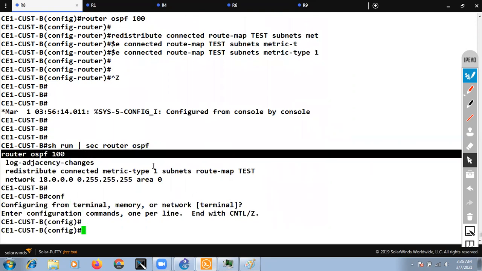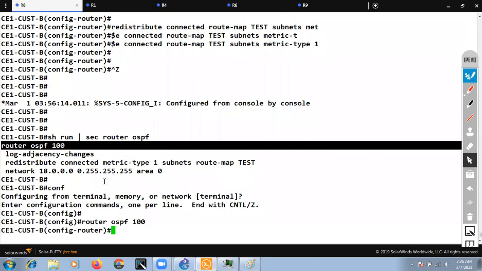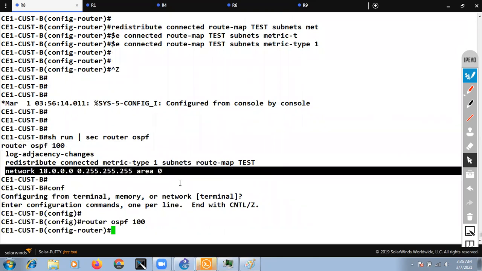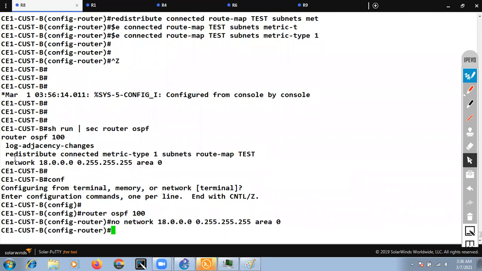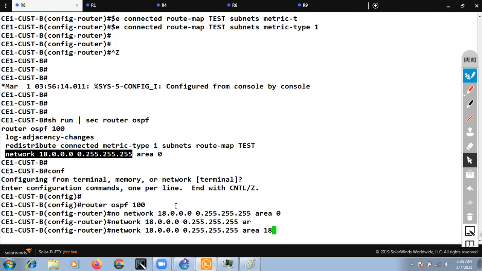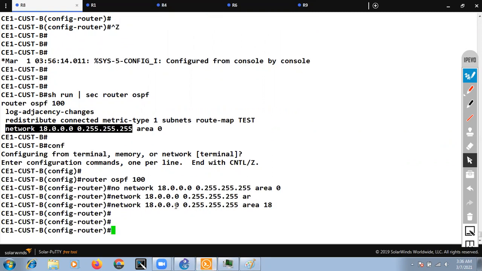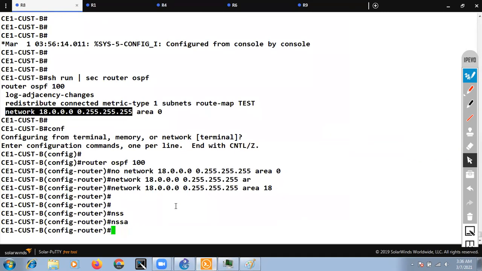So we'll do a router OSPF 100. We'll remove it, and we will make the area ID area 18, and what else we need to say is area 18